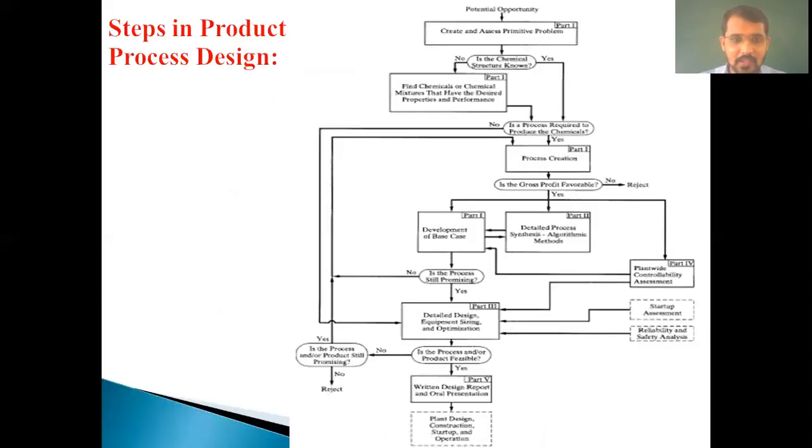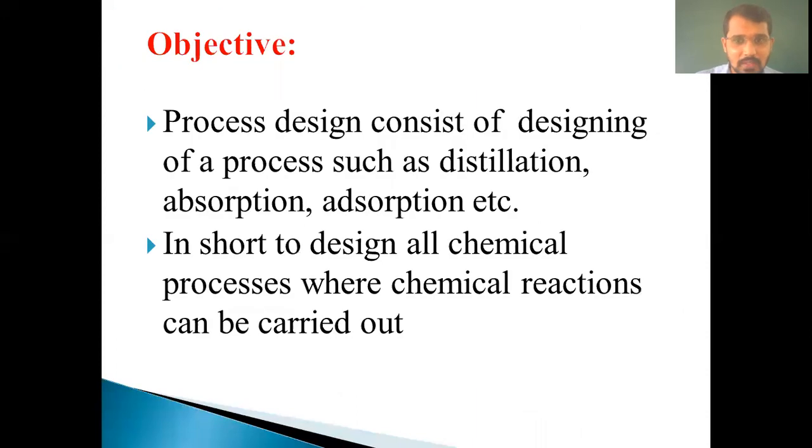So what we have seen in today's lecture: the meaning of process design, and after that, design opportunities. Process designing involves designing of distillation, means we are designing process parameters. For example, for a heat exchanger, we look at the length or thickness. For distillation, we look at the type of tray. So we design distillation, absorber, and adsorption. In adsorption, we are concerned with the adsorbent, the material on which we adsorb another material.